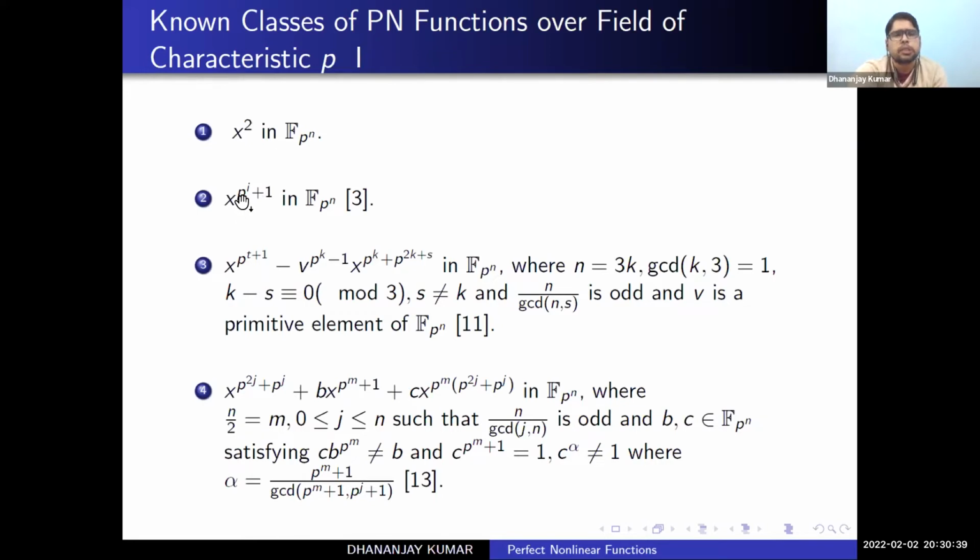The next one is x raised to the power p^i + 1, and the third one is x raised to the power p^t + 1 minus v raised to the power p^k - 1 multiplied with x raised to the power p^k + p^{2k} + s in the field F_{p^n}, where n is 3k and gcd(3k, 3) is 1, and k is congruent to s modulo 3 and s is not equal to k, and n divided by gcd(n, s) is odd, and v is a primitive element of the finite field F_{p^n}. And the next one,